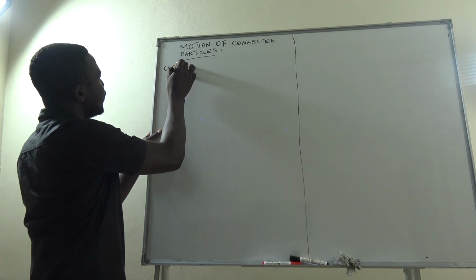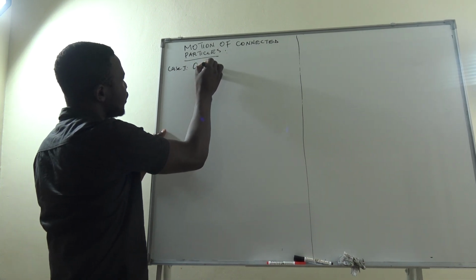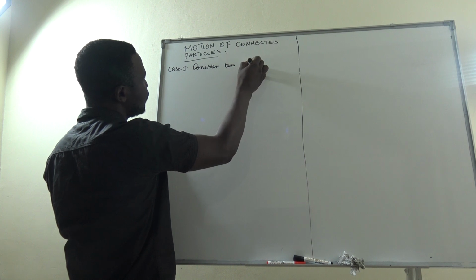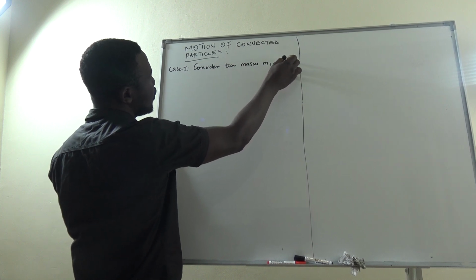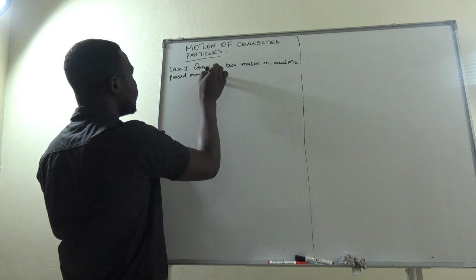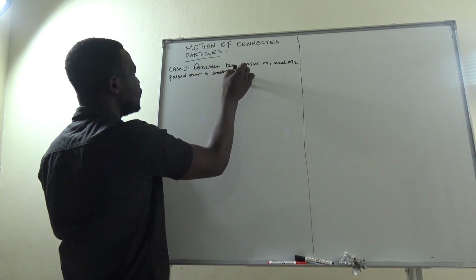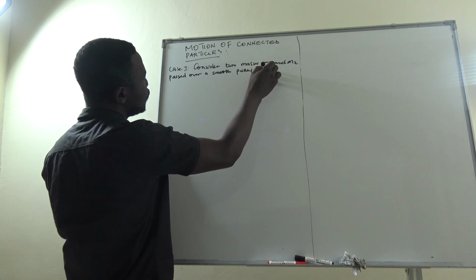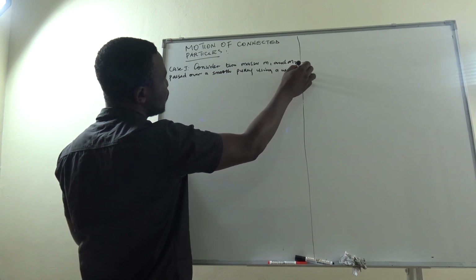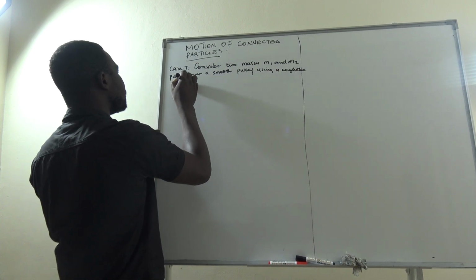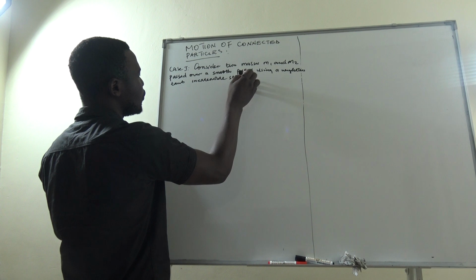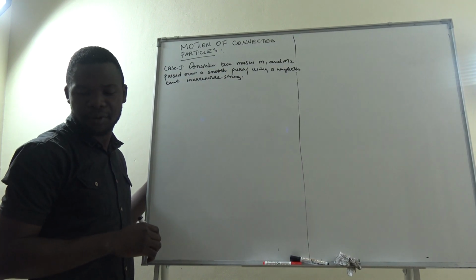Now, case one, we are going to consider two masses, M1 and M2, passed over a smooth pulley using a weightless, taut, inextensible string. Now we are going to see what happens to those